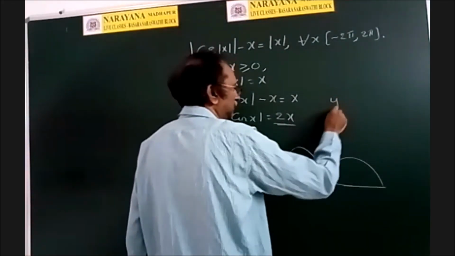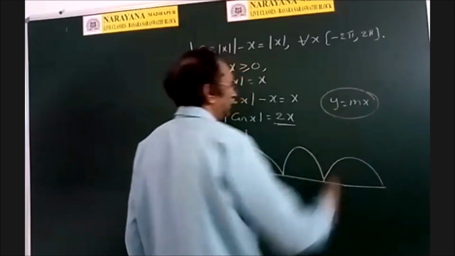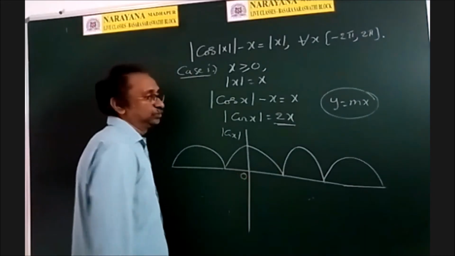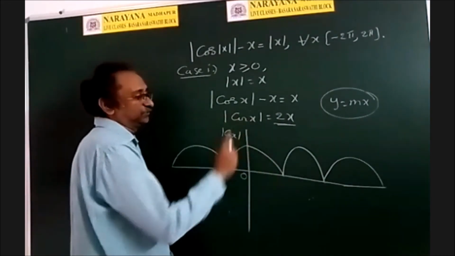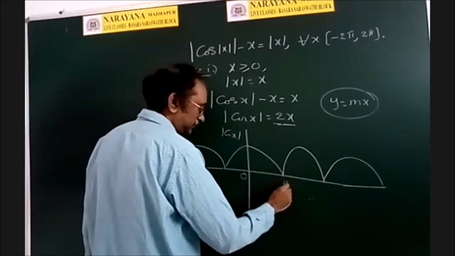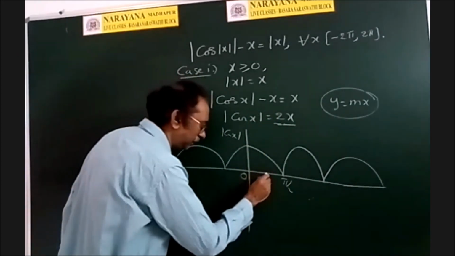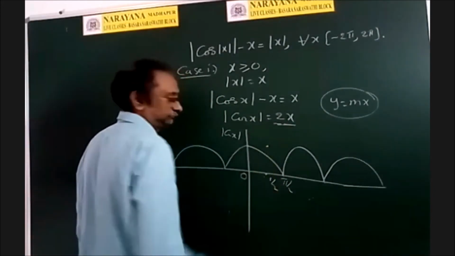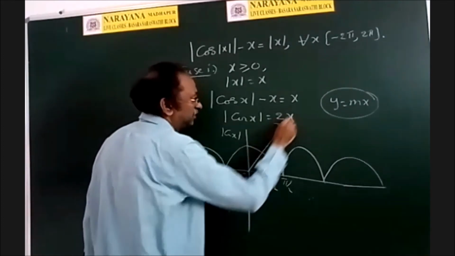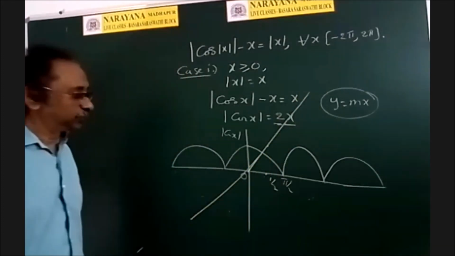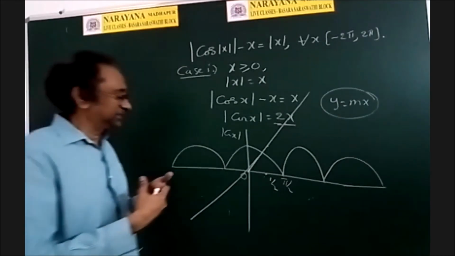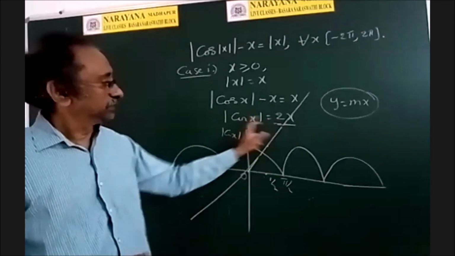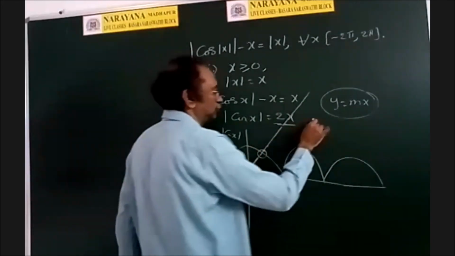So already we discussed it. y is equal to mx is the equation of a straight line passing through origin. Therefore, one point is (0, 0). Now where will you get y equal to 1? If you put x is equal to half, this is pi by 2, this is 1 point something. So at x equal to half you will get 1. That means you can join these, so this is the straight line. And you tell me how many times the mod cos x graph and the 2x graph intersect: at only 1 point. Therefore, this equation has only one solution.